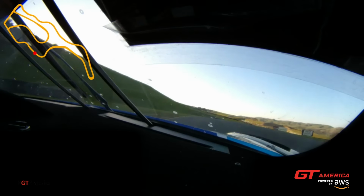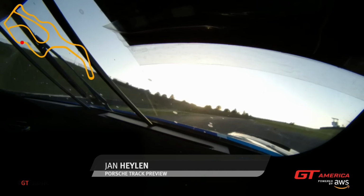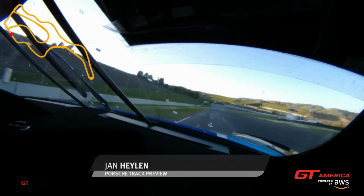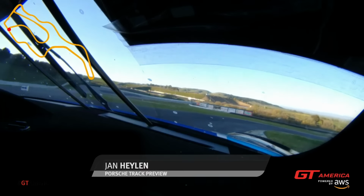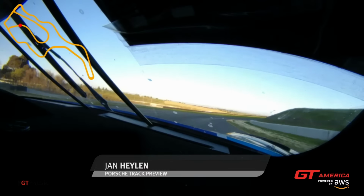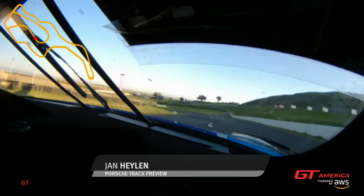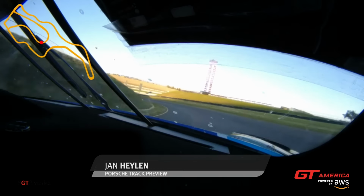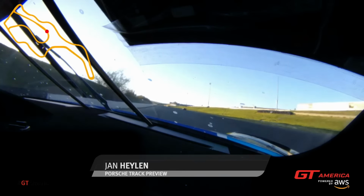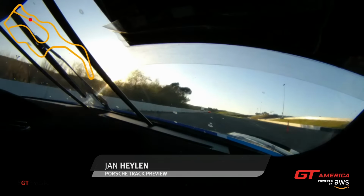Accelerating out, getting ready for turn 3. Lots of compression at the apex of 3 here. 85 mile an hour, 3rd gear, back to power. Car again getting very light on the exit and hard on the brakes for turn 4. 1st to 2nd gear, accelerating out, getting ready for the carousel, up the hill, very tricky braking. 4th gear, down to 3rd, car again getting light on the brakes, and then preparing for a good exit onto the back straightaway. 3rd, back through the gears, 5th gear, all the way up to 140 mile an hour,